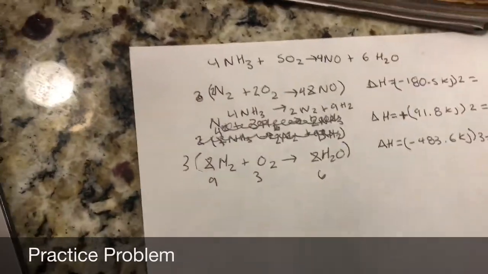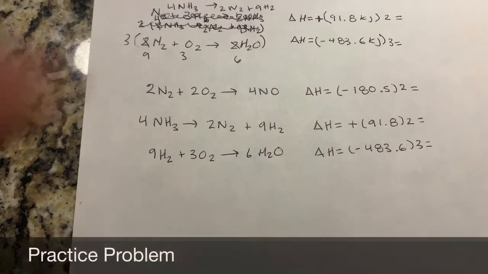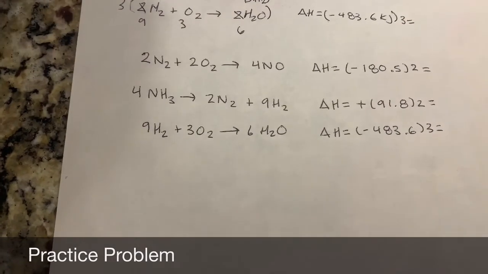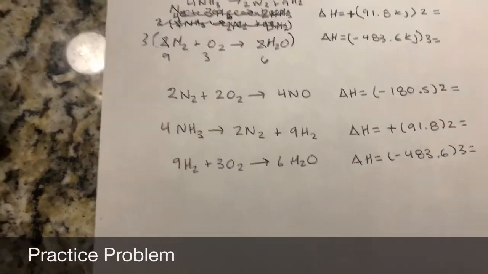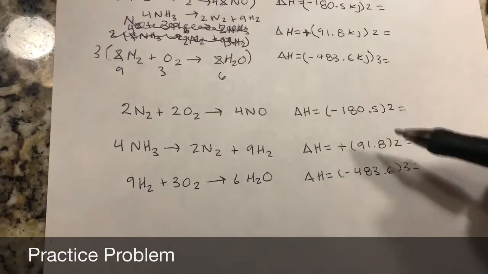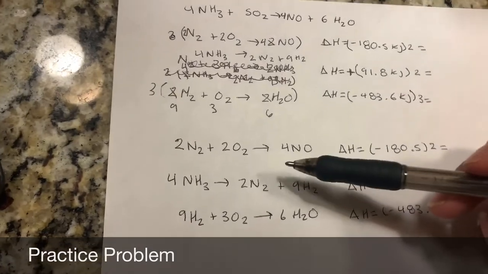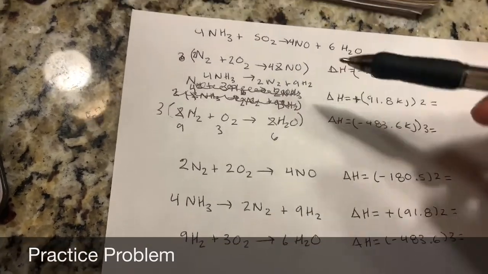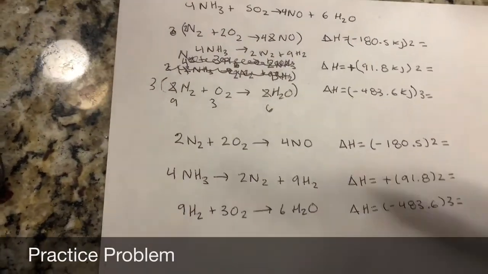Now I'm gonna go rewrite everything so it's clean and new. This is how our 3 equations look after we manipulated them, but I still haven't touched the delta H yet, so I want to do that at the end. But I kept everything the same. I made sure it was exactly the same here. So now since we manipulated it and made it to where we get what we want, now we have to